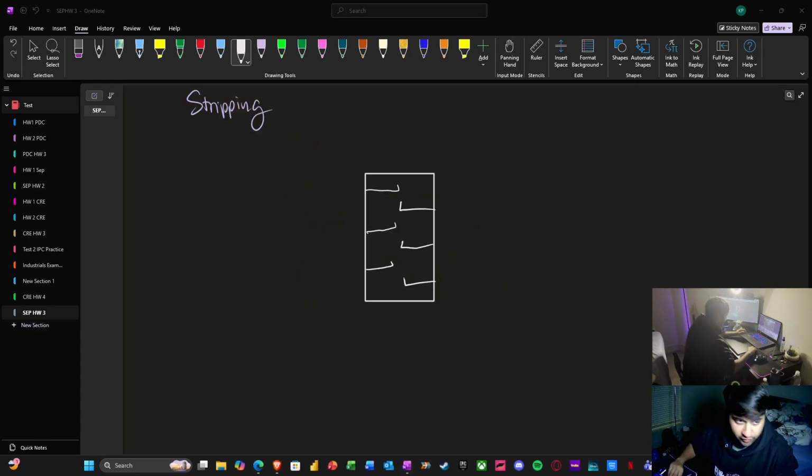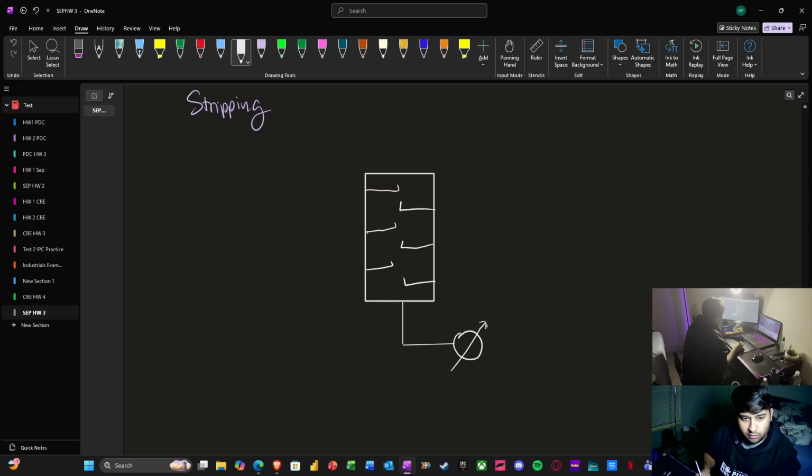Okay, so now for the stripping section, we're going to have our column redrawn here. Basically this time, however, what we're going to have this go through is a reboiler. Just draw this out. And basically what we're going to have is our liquid going down our column, and once it goes through the reboiler,